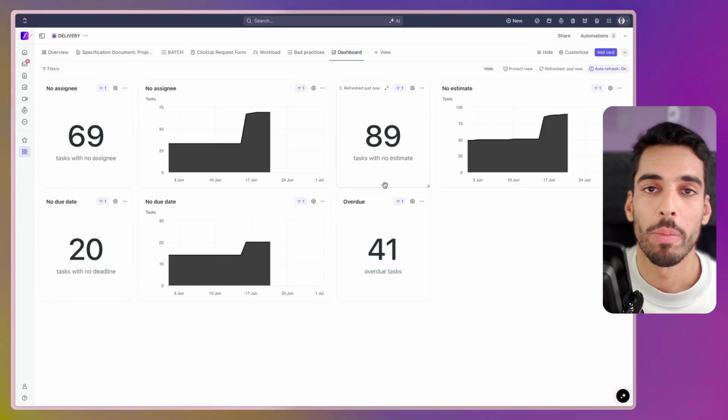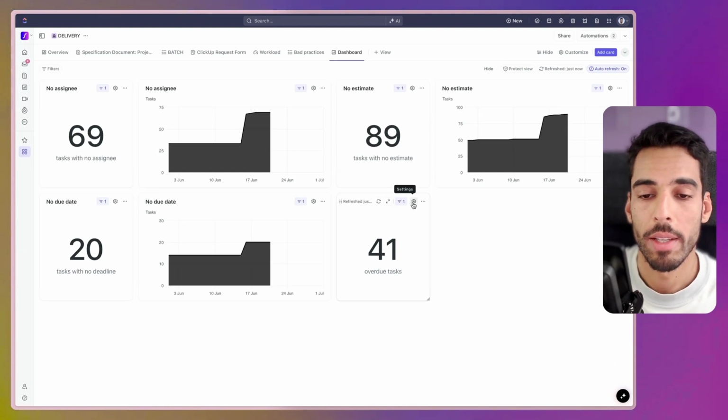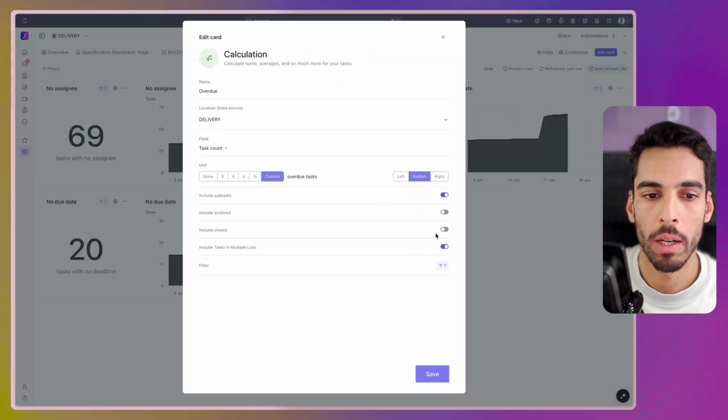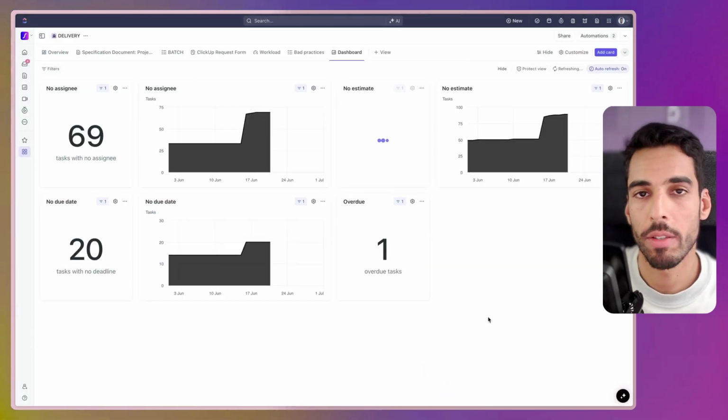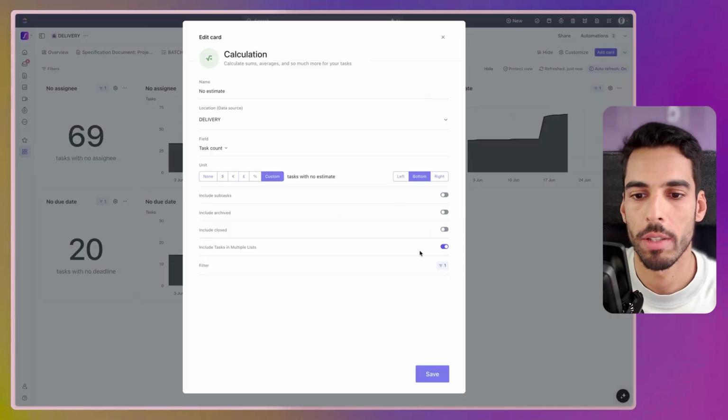It's important to open up your tasks, open up your subtasks, because these filters also apply on subtasks. Now you can only apply them on tasks if you want to. You go into the gear and you turn off the include subtasks, but I recommend you to use it on the subtasks as well, because your subtasks supposedly should also follow these best practices. Obviously, it gives us a lot less numbers if we don't include the subtasks.